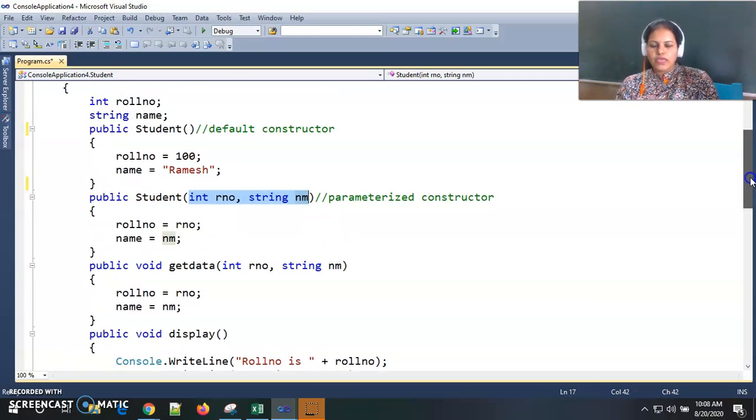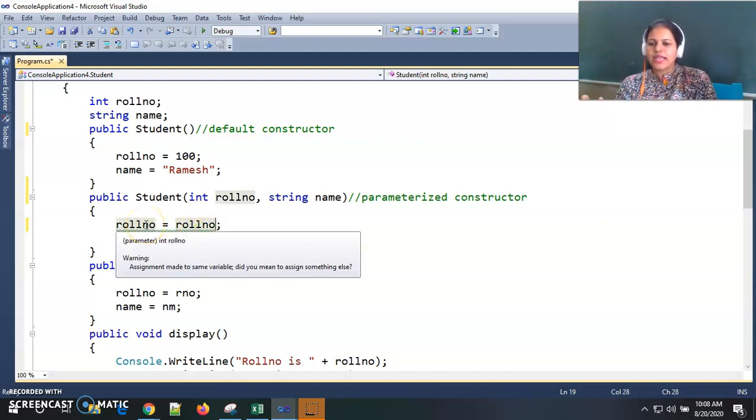Now, when do we need the this keyword? Suppose I am using the parameters roll number and name. See, the parameter name is the same as the member name. On the left-hand side there is roll number, equal to, and again on the right-hand side there is roll number.